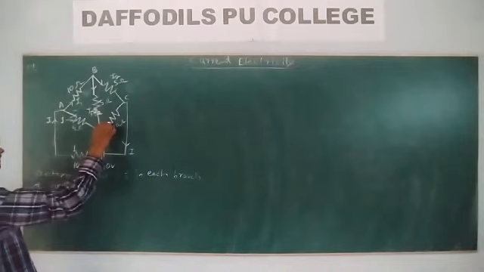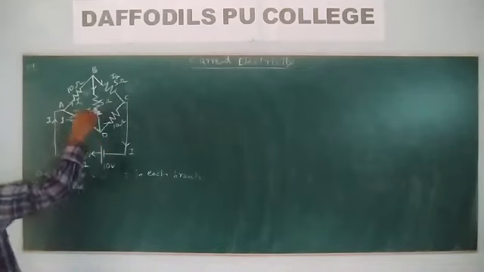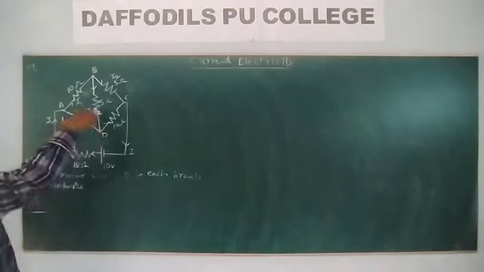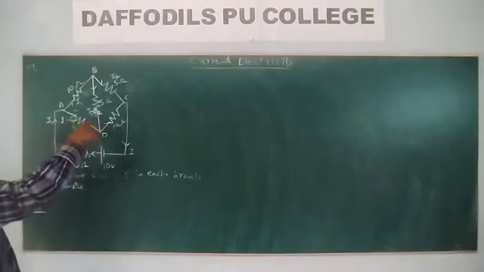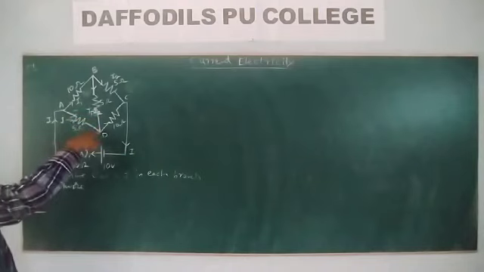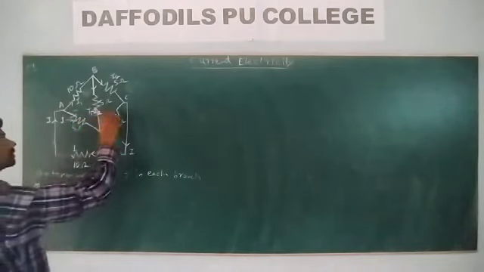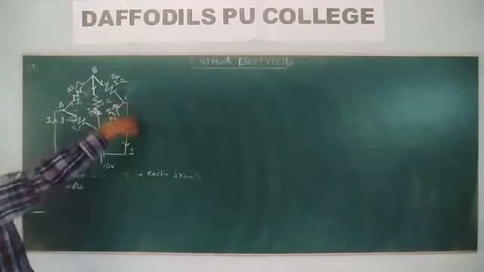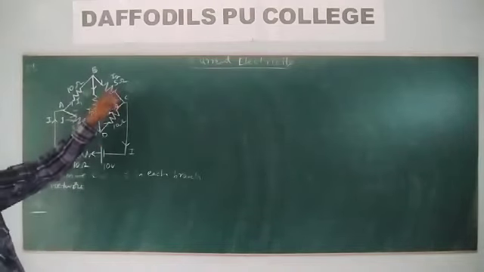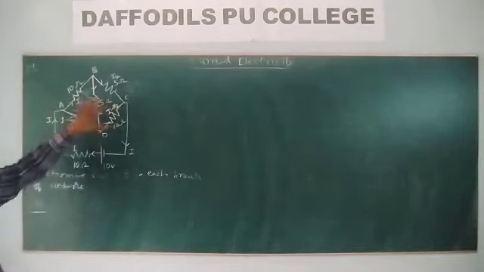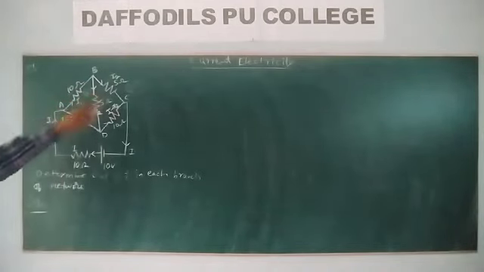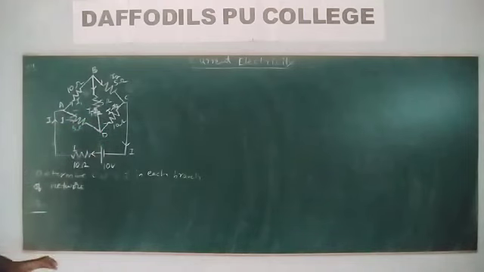Now what is the current across this one? Let us take I2 coming here. So I minus I1 current is entering, and here I1 minus I2 is entering. The sum of the currents entering here is I minus I1 plus I1 minus I2, which is I minus I2. Then the current across this one is I minus I2. Now again, I minus I2 plus I2 is I. Is it okay? So for simple calculation we have taken it like this. Or even you can take I1, I2, I3, I4, I5 like that. No problem. Now let me apply